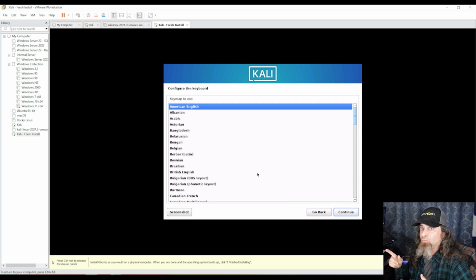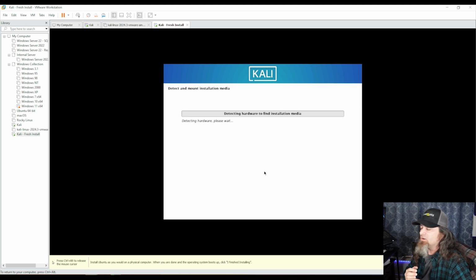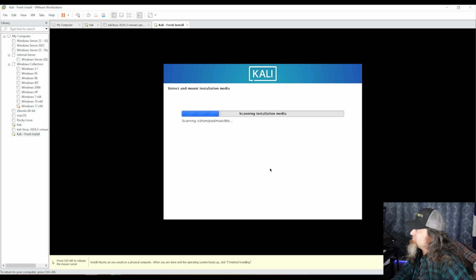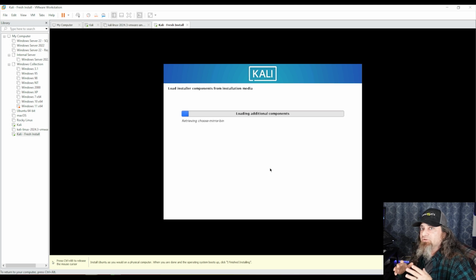This may vary with Mac if you're using that, because I have had to change this a little bit for Mac layouts, and that's something I did in post. So it won't make any difference if you select American English, but that's more with the drivers and things like that and common POSIX-based system drivers. You'll see that it's already detecting the hard drive that we pre-provisioned,